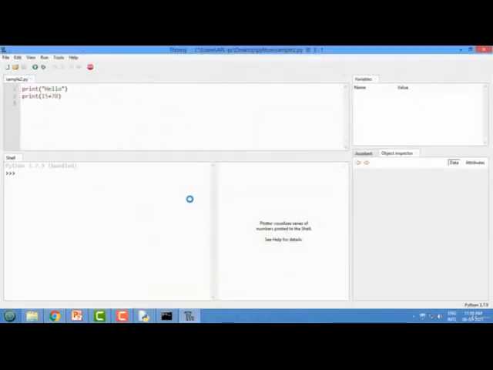It will open this editor, and here you can observe that there are 4 windows. First is to write the program, second is the interactive shell, then there is a variable window, and then the object inspector. By default this file was already open. But if you want a new file, go to New and write your first program in Thonny. So double click and then say welcome, and it is very simple.